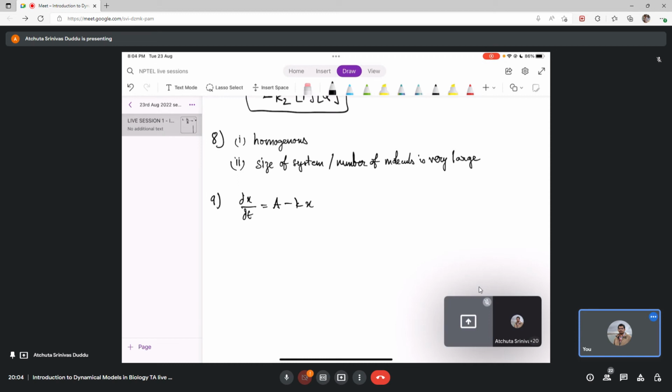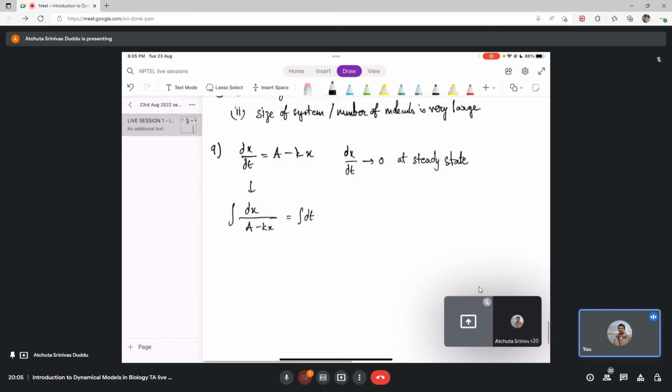So here our system consists of the variable x. When I say there are no perturbations in the system, that is, there are no changes in the drug concentration, that is dx by dt goes to 0 at steady state, or after a very long time. So this is the first method to solve it. The second method would be to directly solve this equation, integrating by transferring the variables to one side. You can take this as integral dx by a minus kx equal to integral dt, and then solve this differential equation using the method we have used